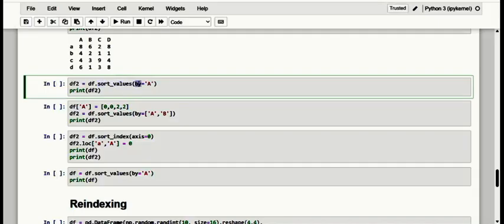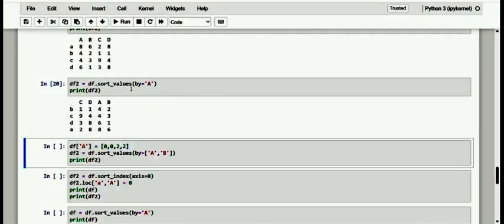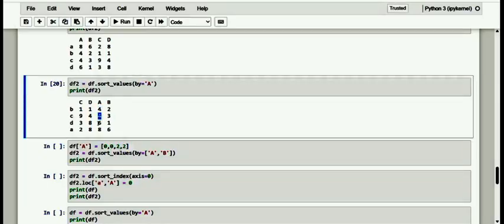This is the by parameter, and here I want to make it by uppercase A, so it resembles the exact column wise. Kindly have a note of it. That is the contained value to be in ascending order. So see here, dear friends, this one A is in ascending order 4, 4, 6 and next one is 8. As can be seen from the result, the data frame has the values of column A in ascending order. And consequently, the order of the corresponding rows of the data frame has also changed in the same order.